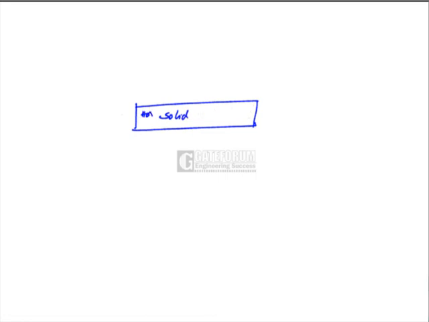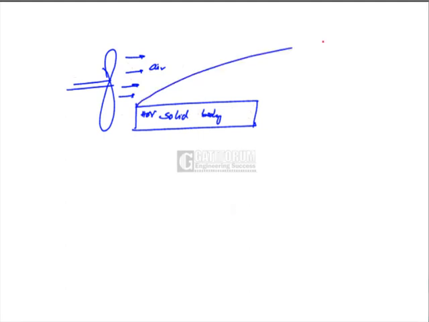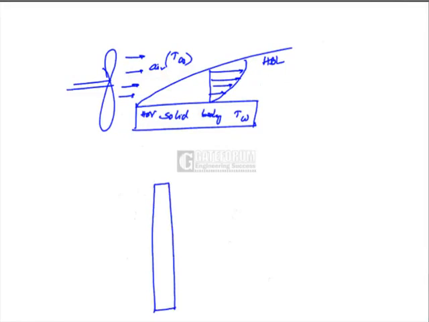Hot solid body. This is a fan blowing air over the hot solid body. There is a boundary layer development over the plate. I would elaborate what a boundary layer is later. And heat is convected through this boundary layer from the solid body at TW to the air at T infinity temperature. If the hot solid body is kept in still air, like a hot wall,